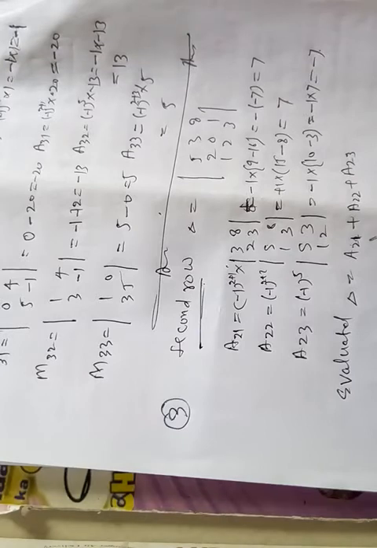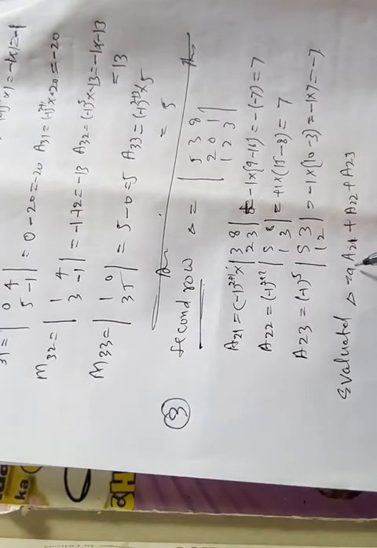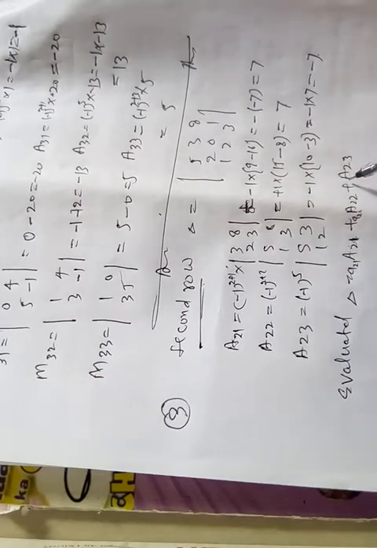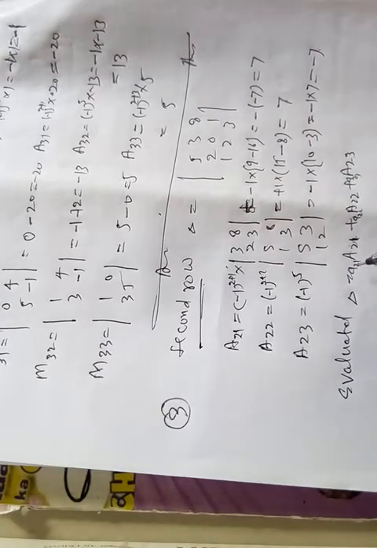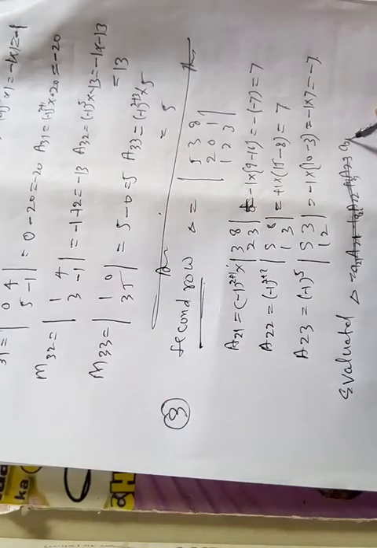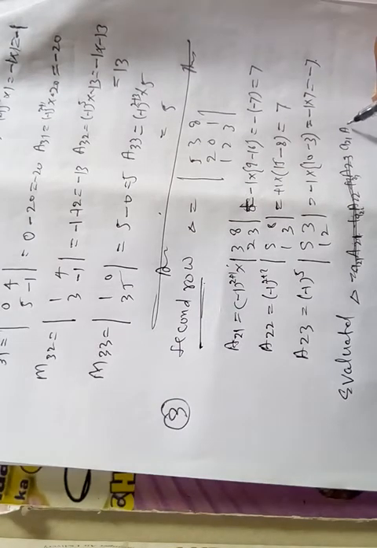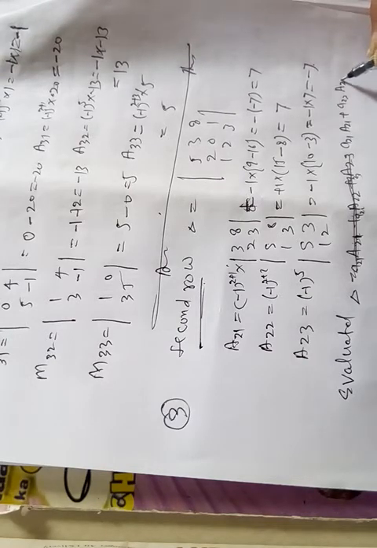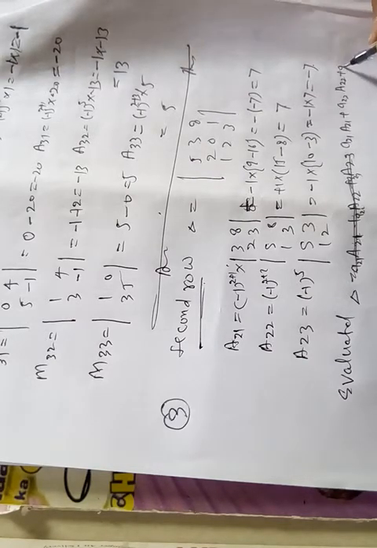So evaluate this: element a21 and cofactor A21, element a22 and cofactor A22, plus element a23 and